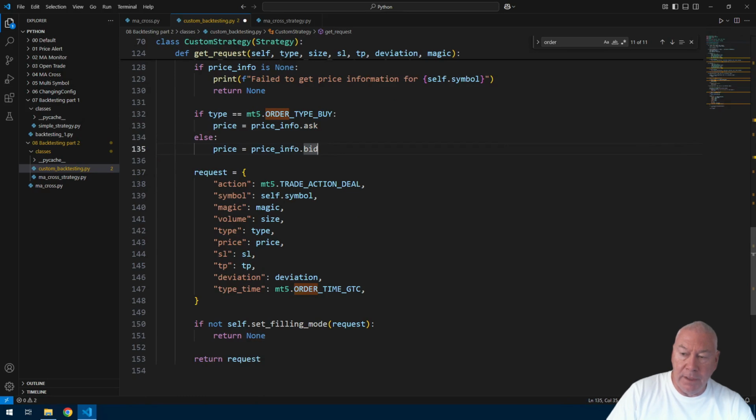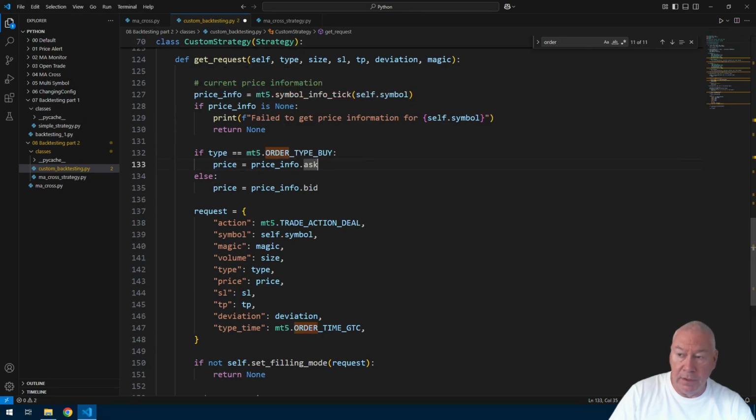The change that I made though from the earlier version, I previously had here a calculation of a stop loss price and a take profit price, because these SL and TP arguments were number of points away from the current price. But in this example, as I finish it, they will actually be the price where I want to place the trades, or where I want to set the stop loss and take profit. So instead of converting those to something else, I'm just using them here as the SL and the TP parameters